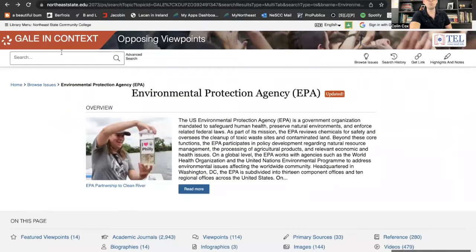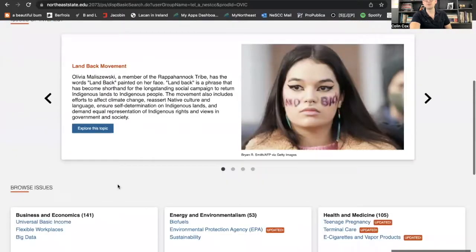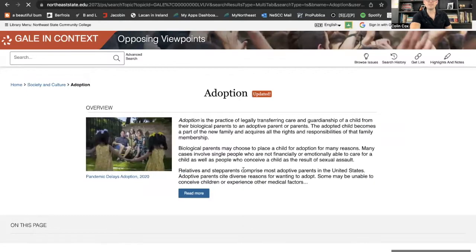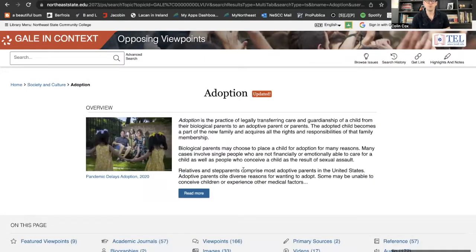So my point is simply this: I would strongly encourage you to start with something like Opposing Viewpoints, whether you know your topic or not, because I think it's just a great place to start. It gives or provides an overview. It may give you a list of possible terms that might be interesting and might be useful for you when you move to actually doing research of your own.